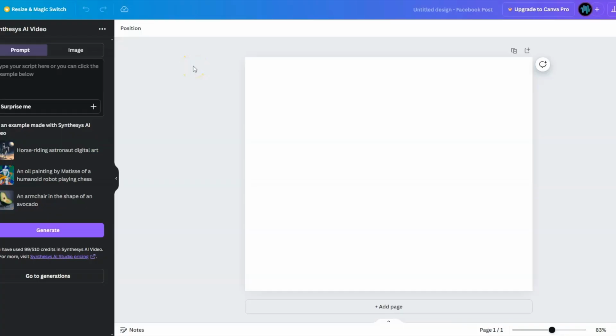Hello everyone. Today we are going to see the Synthesys AI video application inside of Canva and how it actually helps you generate exciting videos using text prompts. This is how the interface of the app looks like inside of Canva, and it is located out here. There's a small text box where you can type in your prompts. So let's start with typing a very simple prompt like